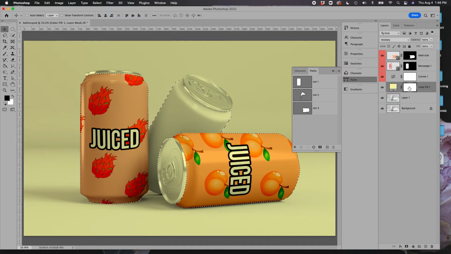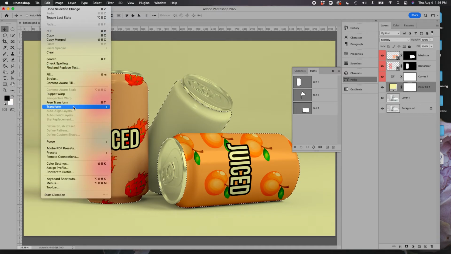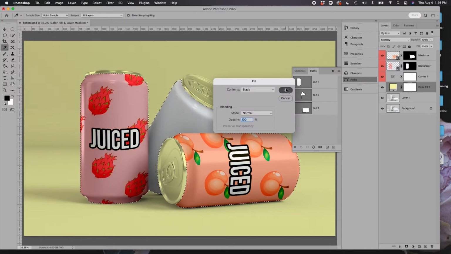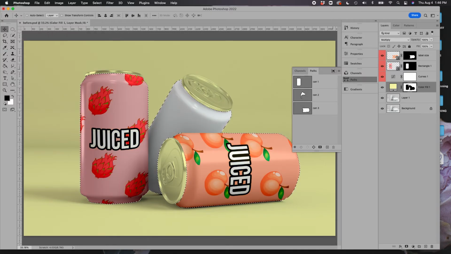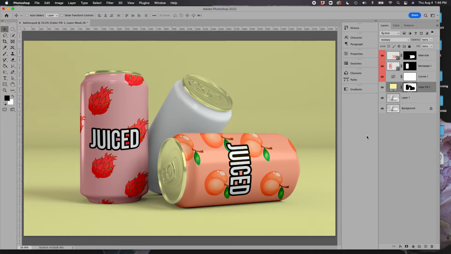Now I already have this mask, so I'm going to fill this with black, which essentially is making a layer mask of these, and I can deselect. Now the last thing I want to do is I want to put some shine back. See how flat this looks? If I turn this off, there is a lot more shine on this can, and it just doesn't really look that good. So what we want to do is take this layer, make a copy, Command J, move this to